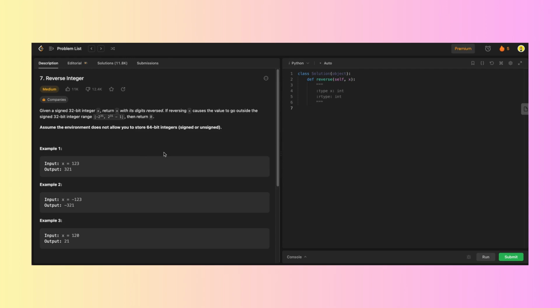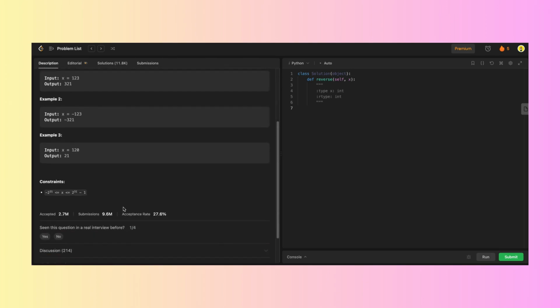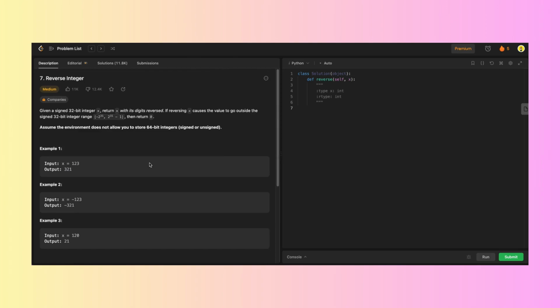Given a signed 32-bit integer x, return x with its digits reversed. If reversing x causes the value to go outside of the signed 32-bit integer range, then return 0. Assume the environment does not allow you to store 64-bit integers, signed or unsigned. And they gave us these examples here. So, I really want to try doing this, and I don't know if this is going to work. I want to first,